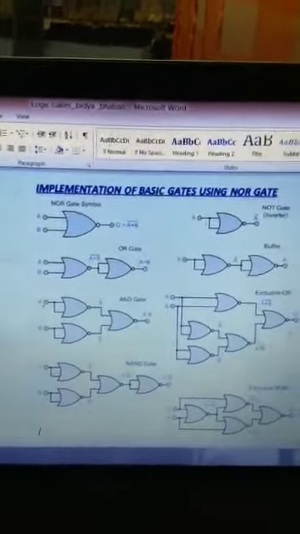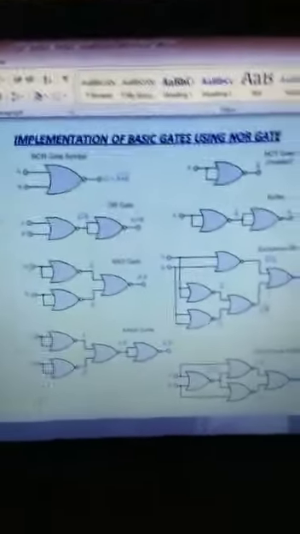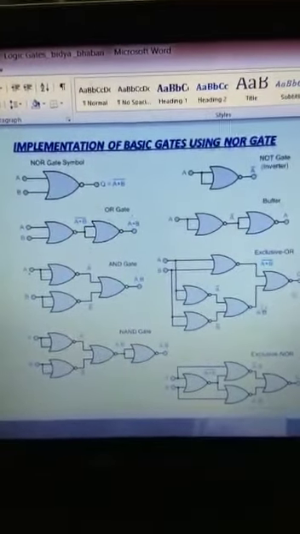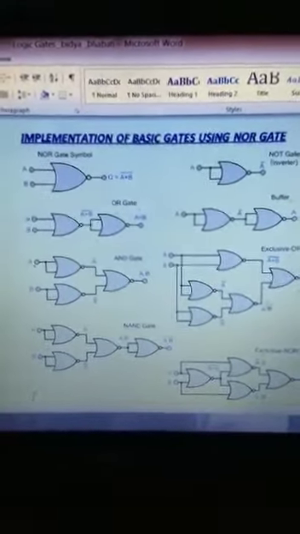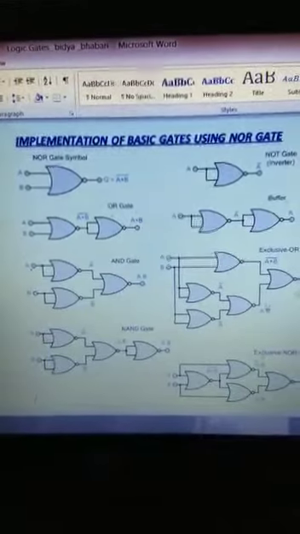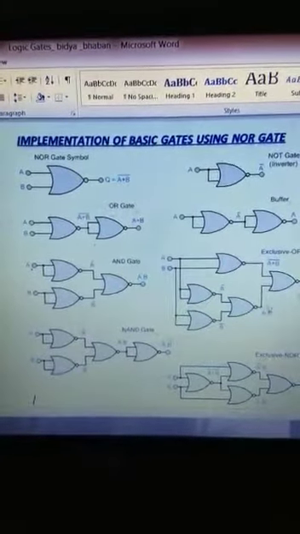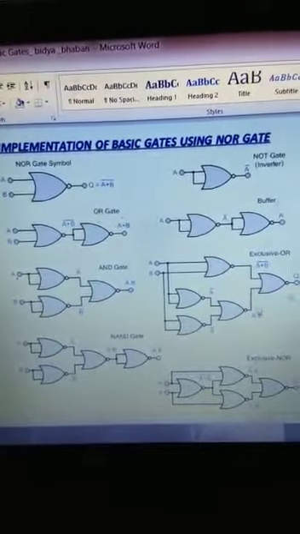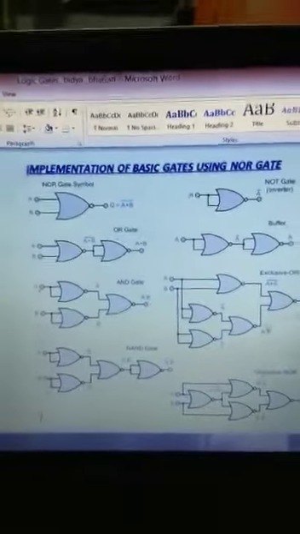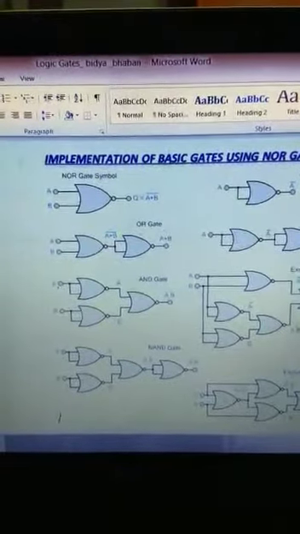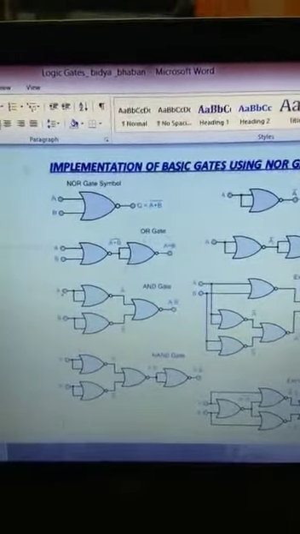Next we will see how to implement all the other basic gates using the NOR gate. Okay. So see, first we will understand how to represent the NOT gate. The A input we are splitting into two inputs and passing through the NOR gate. So A and A, if we pass them through the NOR gate, what will it deliver? A bar. So the output is A bar. And here is how to generate the OR gate. A and B, both inputs we are taking, and if we pass them through the NOR gate, it results in (A plus B) whole bar.